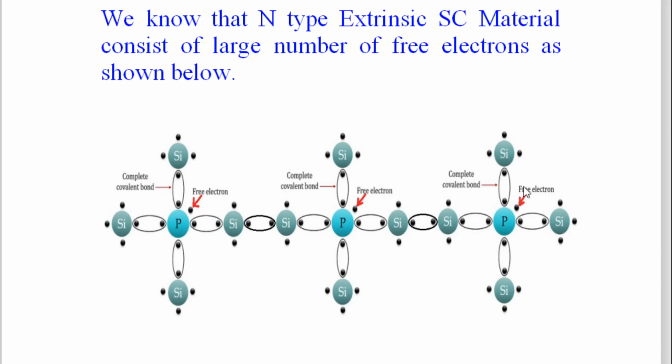And here we have taken the example where 3 pentavalent impurities are added. One phosphorus here, second here and third here. So when you add 3 pentavalent impurities, 3 free electrons will be created, and accordingly it is called doping. If you add more impurities, then more free electrons will be created.